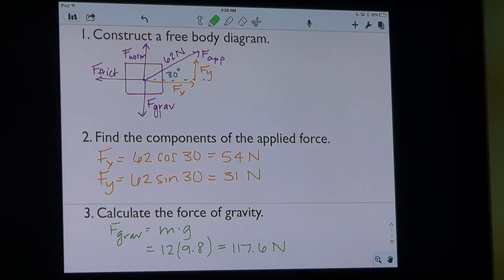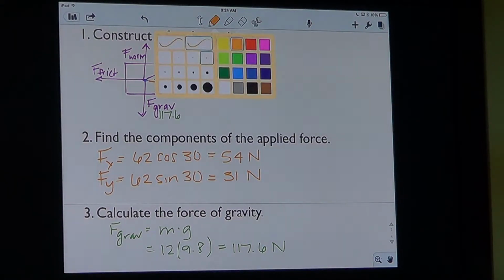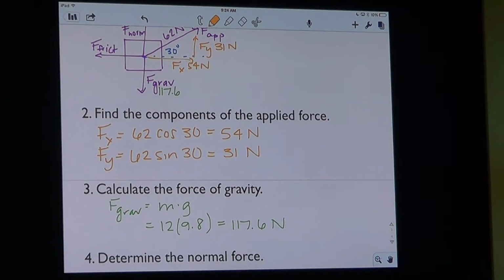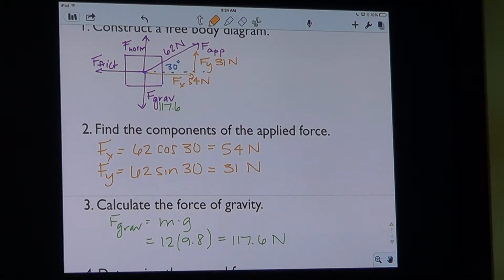Okay, and I don't have a lot of room here, but you might want to label these on your diagram just so you can see. So the Fy is 31.54. Okay, and then we can determine the normal force based on the fact that we know that the vertical